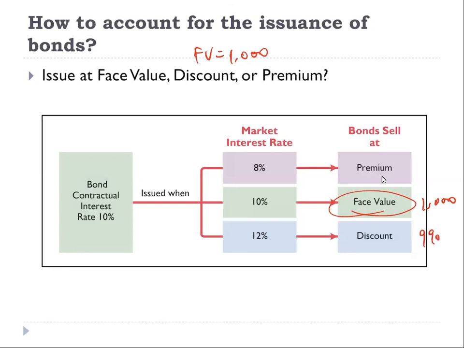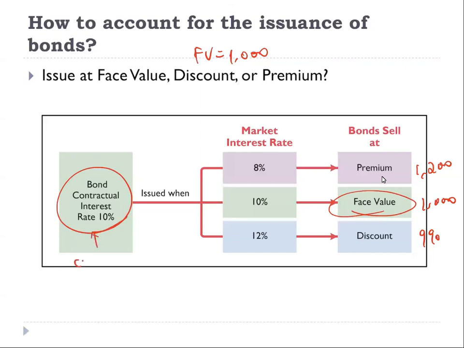Some other time, they may be able to sell it for $1,200. So what determines the different price this bond can be sold? Actually, no matter what price, it's always the fair price of the bond. But what determines that sometimes a bond can be sold for more than its face value, sometimes less than its face value? It depends on the relationship between the contractual interest rate,